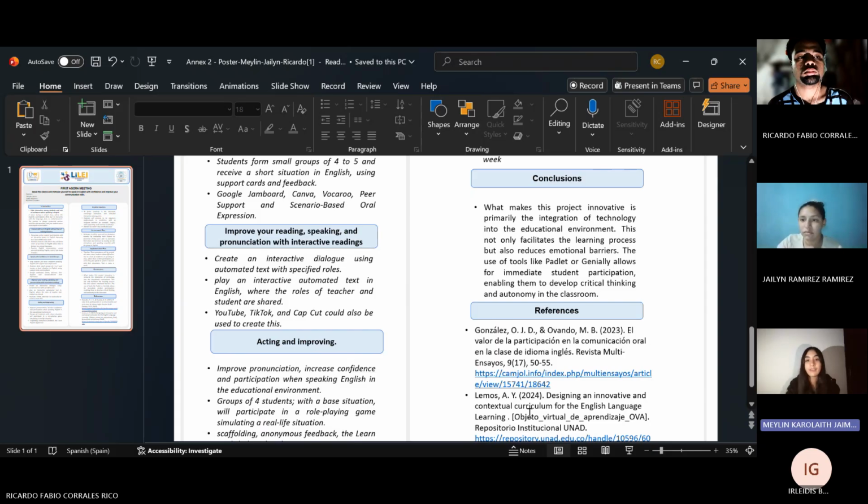It also reinforces their speaking and listening skills while practicing pronunciation. The recommended digital resources for improving English according to this activity are TikTok, YouTube, and CapCut for creating content, which can be used to practice this interactive reading method with automatic movement. Let's continue with my classmate, Heidi.